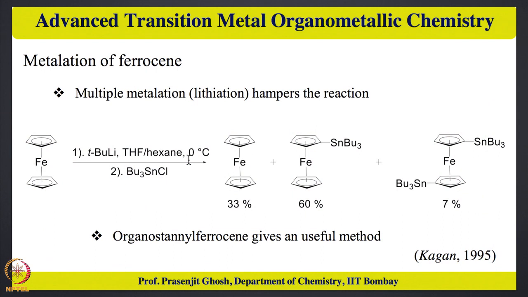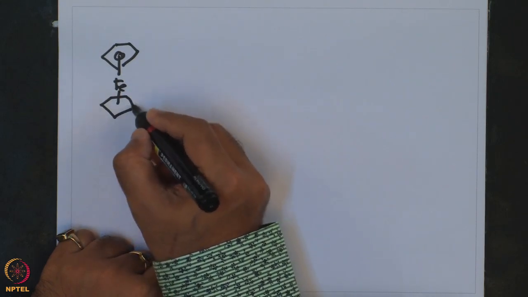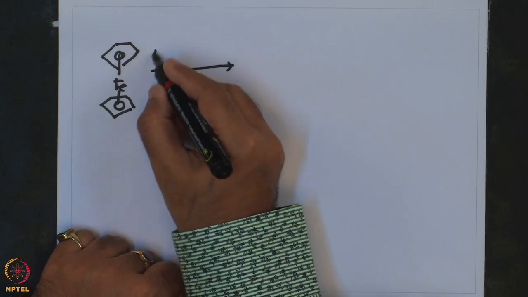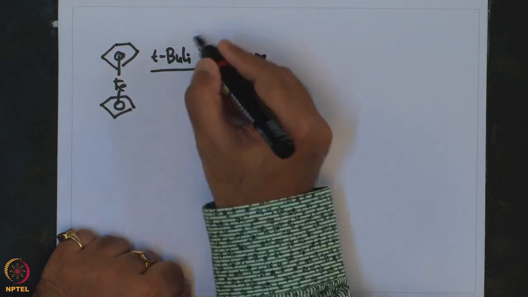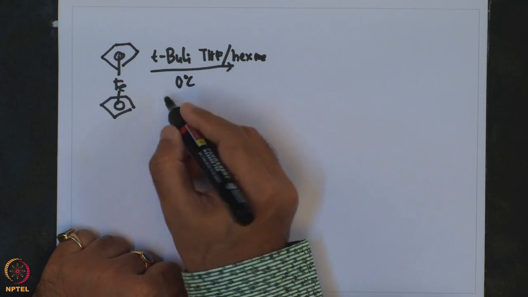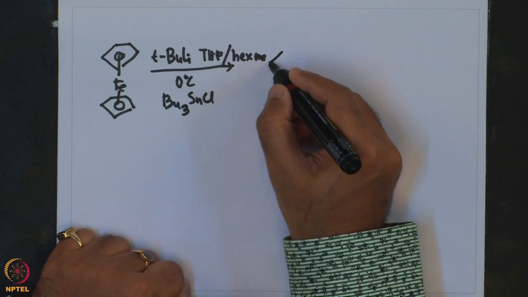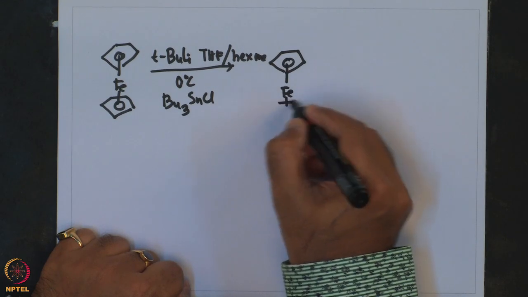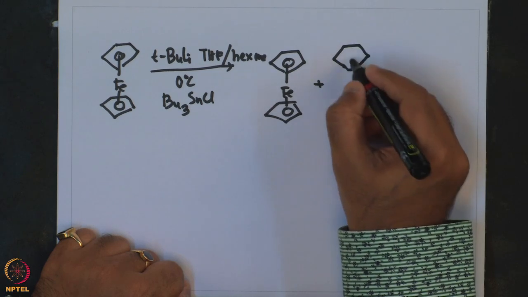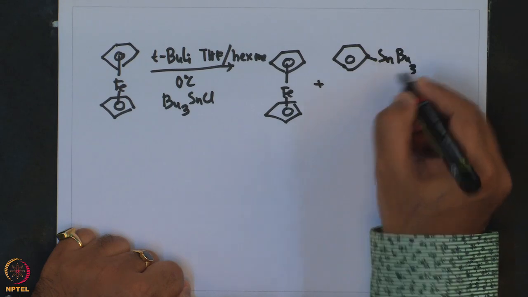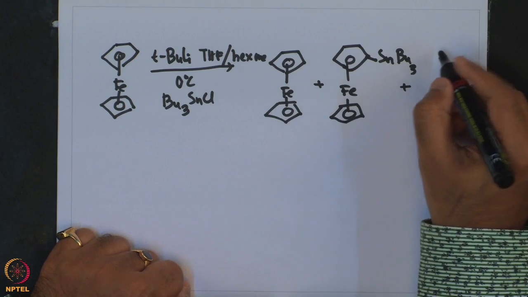For example, the treatment of ferrocene with t-butyl lithium in THF-hexane at 0 degrees centigrade and in the presence of tributyl tin chloride gives a mixture of compounds, which is some unreacted ferrocene plus ferrocene with tributyl tin plus doubly stannated